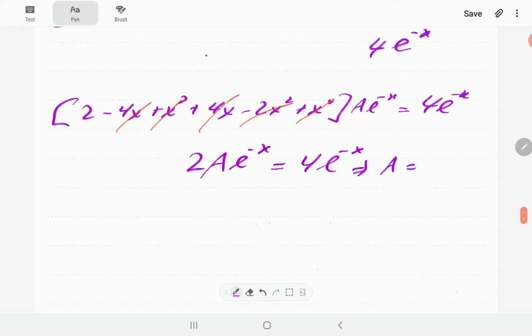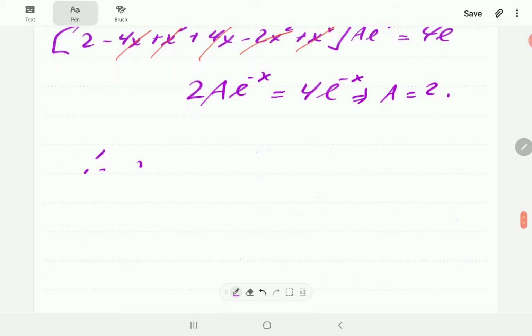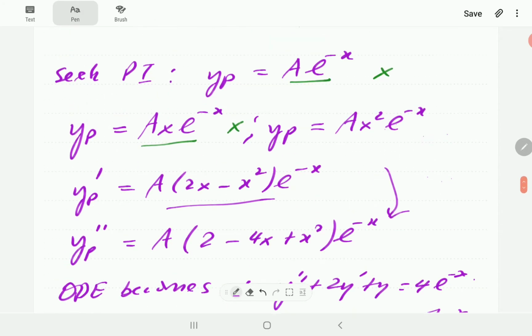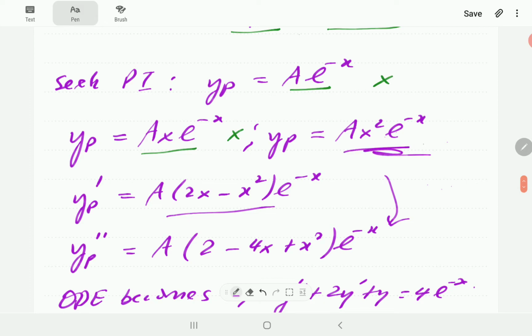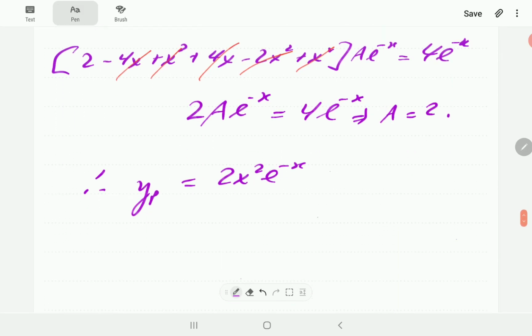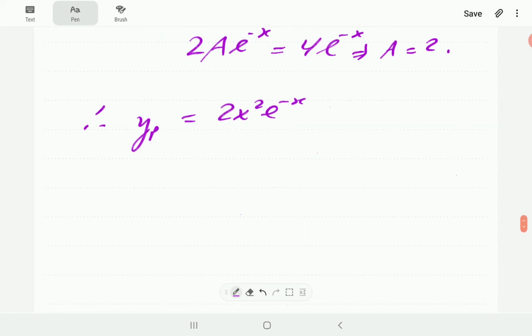So this is telling us that a is simply equal to 2, and hence yp is 2x squared e to the minus x. So remember, it's got an x squared term because that was the last form that we found is going to work. And so yg is going to be yc plus yp,